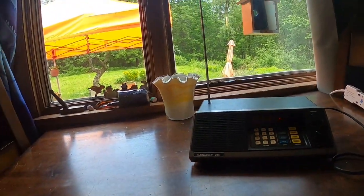I put the frequencies that I wanted in there. Nobody's talking right now, so I haven't heard anything come through it yet. But those are other items. I've seen those go for quite a bit. I would say after this point moving forward, if I do find more scanners and things, I probably will sell them. Like the handheld one, the racing one that I showed a few minutes ago, that one is going for resale. This one I'm going to keep because I just like knowing what's going on,